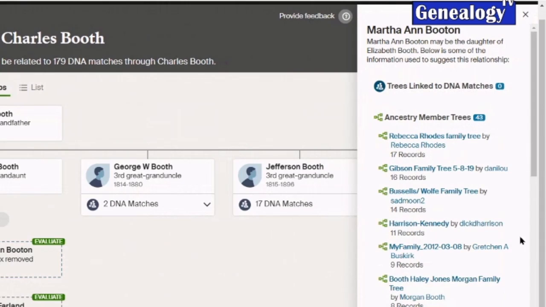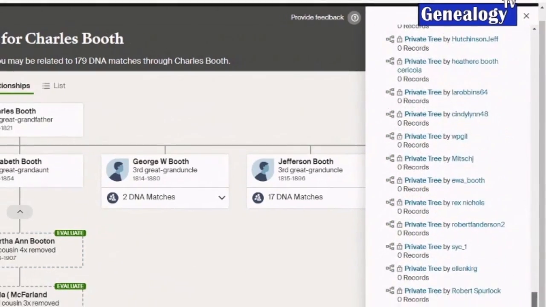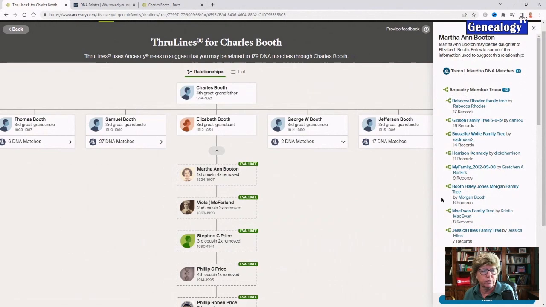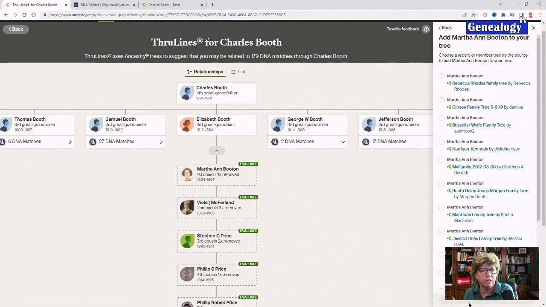I don't want to just accept this. I could just accept this, right? Look at all these trees. There's a lot of people in this tree. I could just hit next. It's not going to let me go without